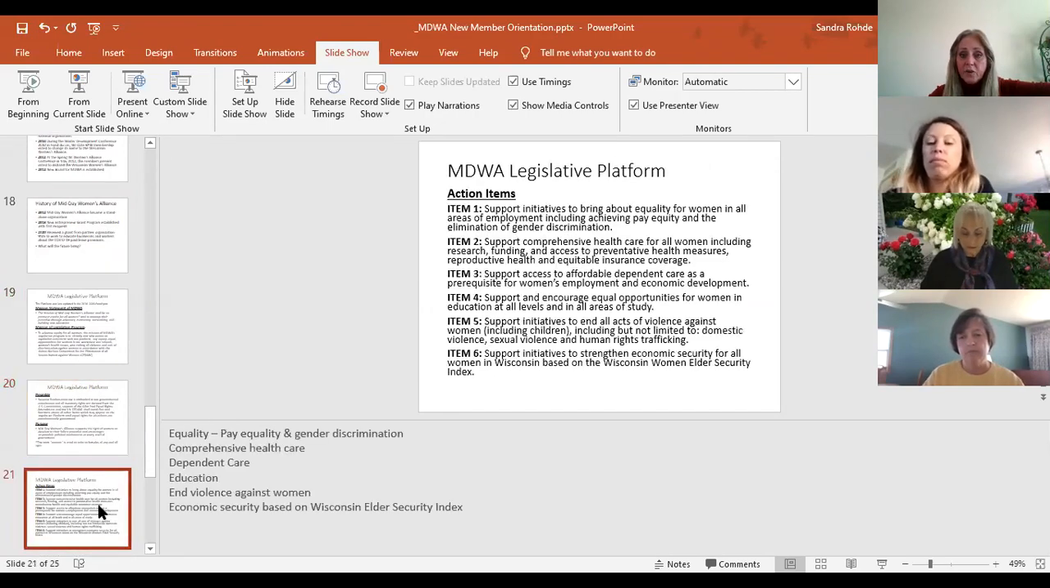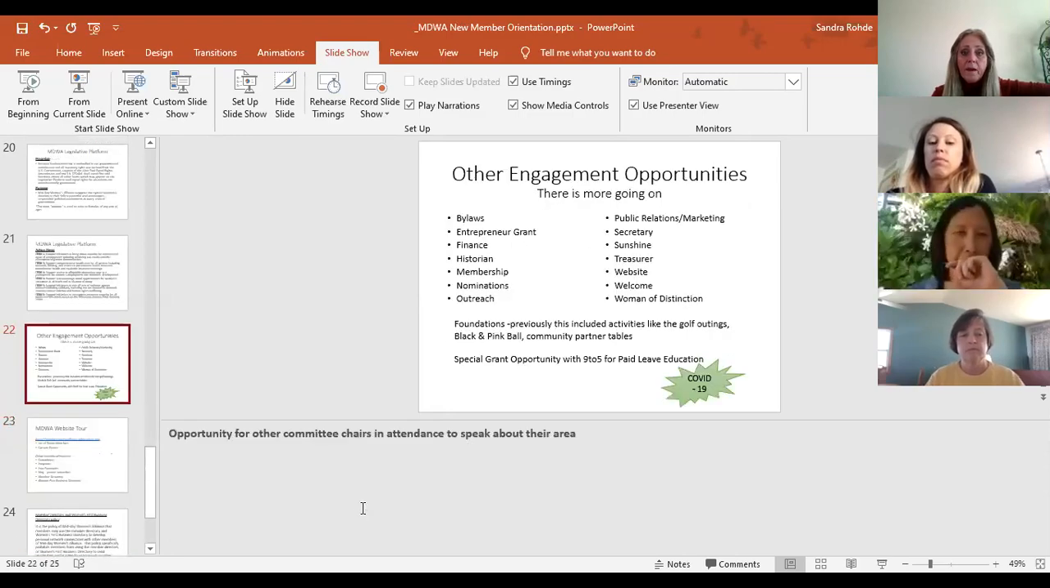So this is our actual platform. You can see it's about equality in pay and gender, healthcare, dependent care, education, ending violence against women, and then adding the economic security based on the Wisconsin Women Elder Security Index, I think. That's right. Yep. And then these are all the people behind the scenes and up front a little bit that it takes to run this